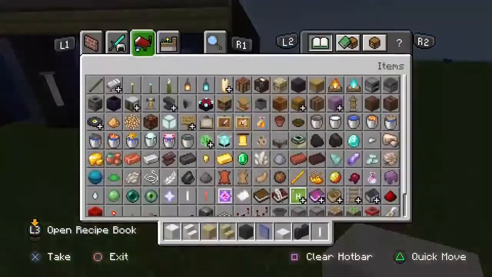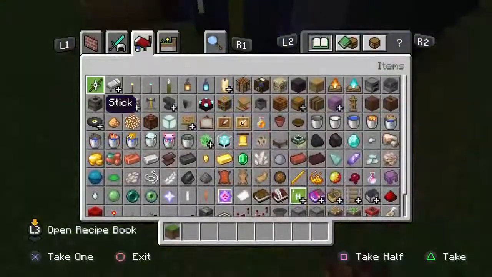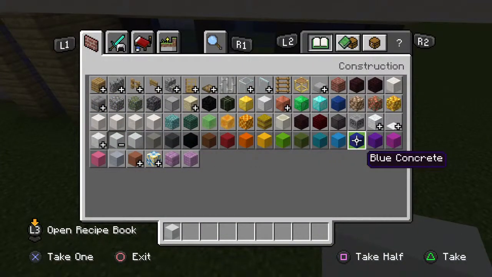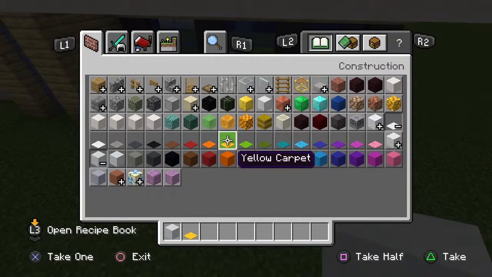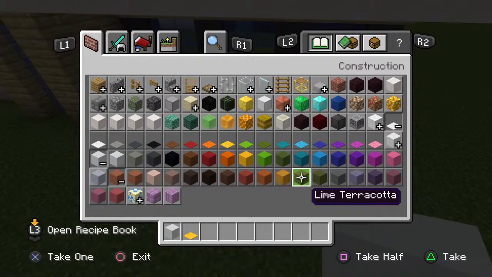Okay, so we are going to start work on the outside of the build now. And to do that, we're going to need a few different things. So we'll need some white concrete, we'll need yellow carpet, lime terracotta, birch fence, oak leaves, flowers, I like the azure bluets, some smooth stone, maybe some red concrete, although that might be for a little bit later on, and some light grey concrete, question mark. There's got to be a reason that...